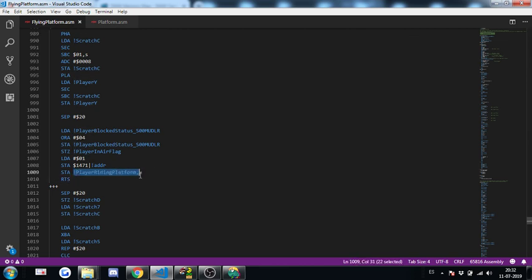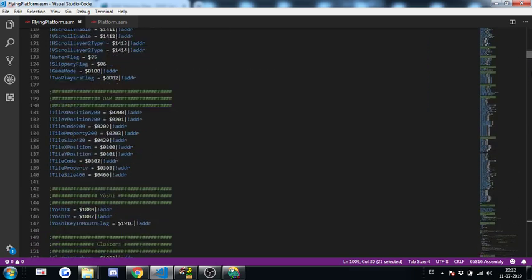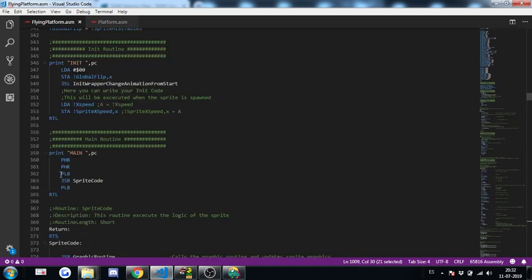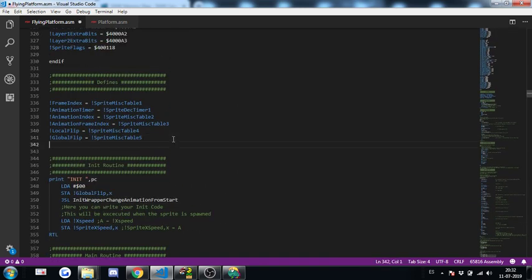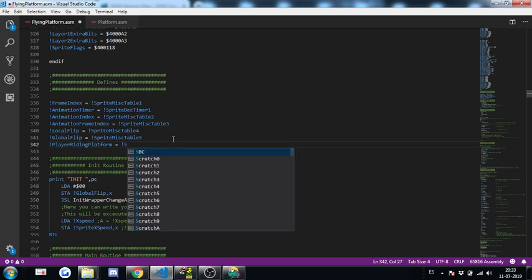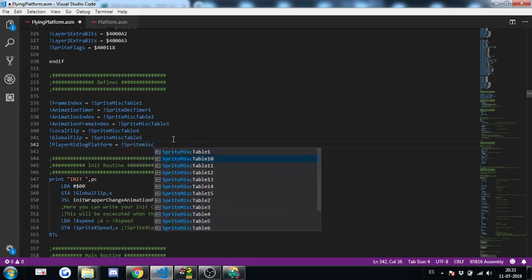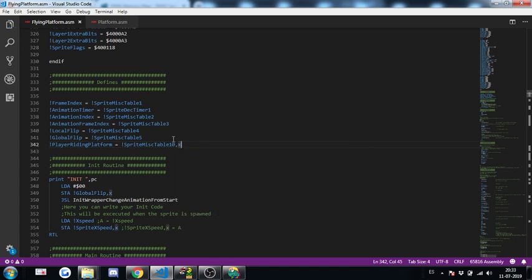I will define it here, I will go to the defines, and I will put this variable using a sprite misc table. In this case, I will use misc table 10,